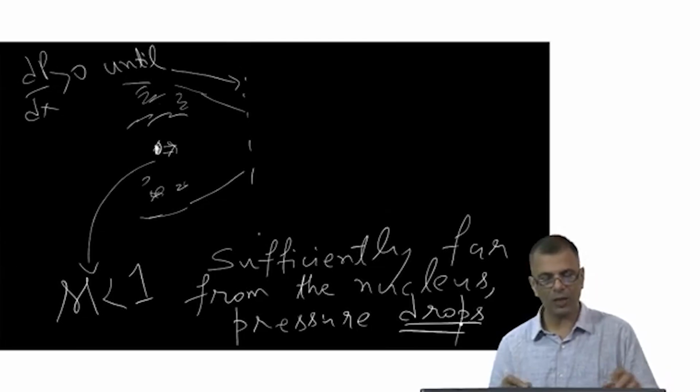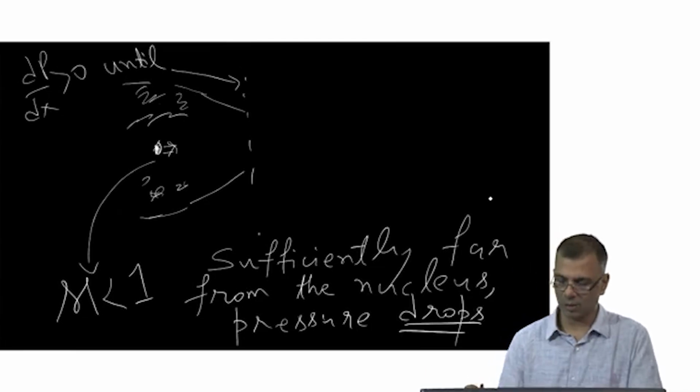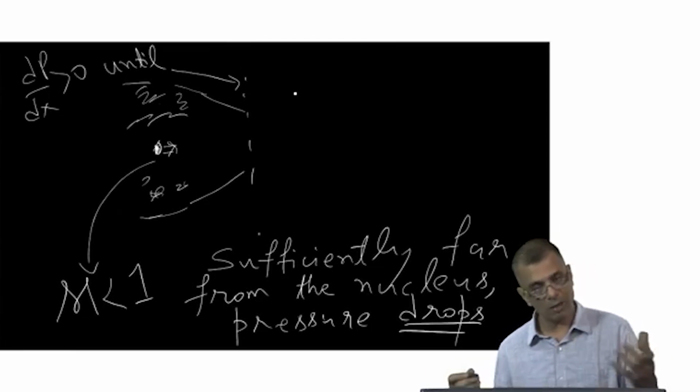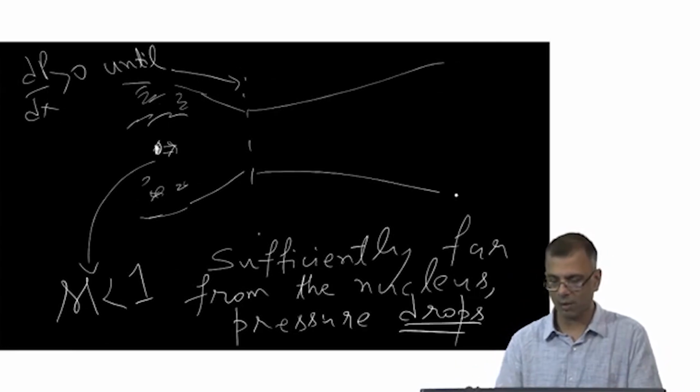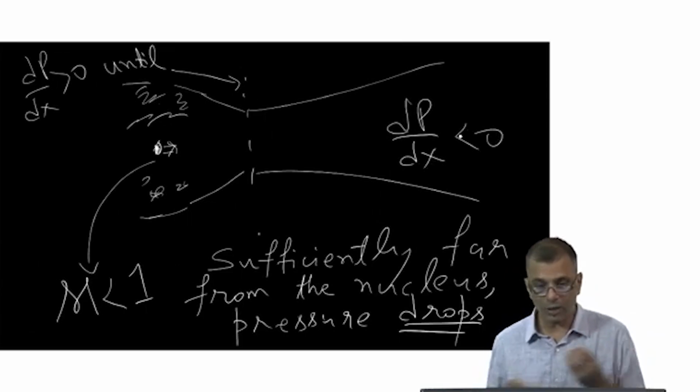In other words, dP/dx becomes less than 0, right? And dP/dx becoming less than 0 is as good as a diverging nozzle. What you have to engineer is that